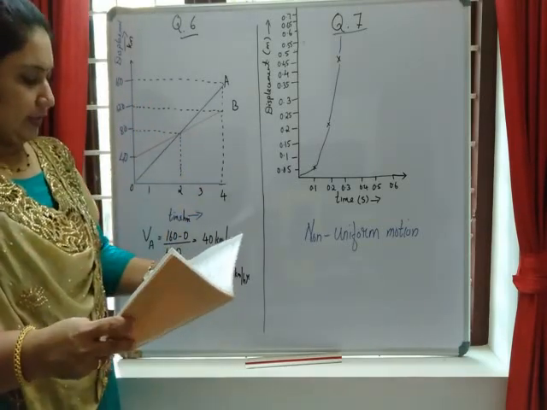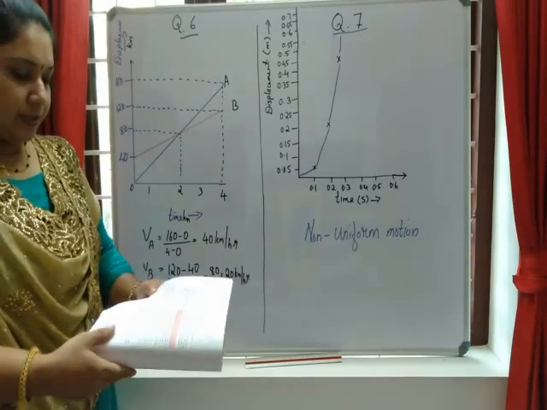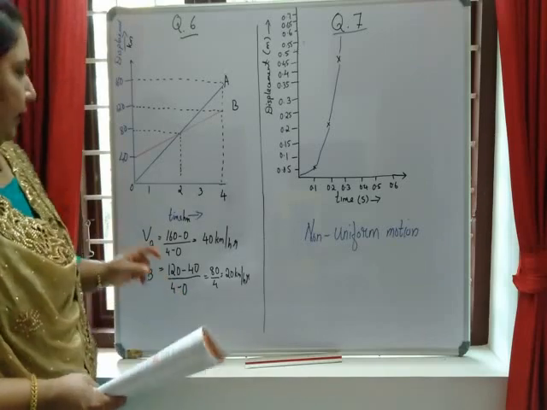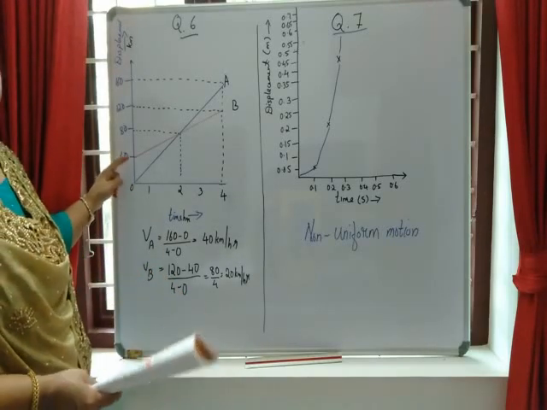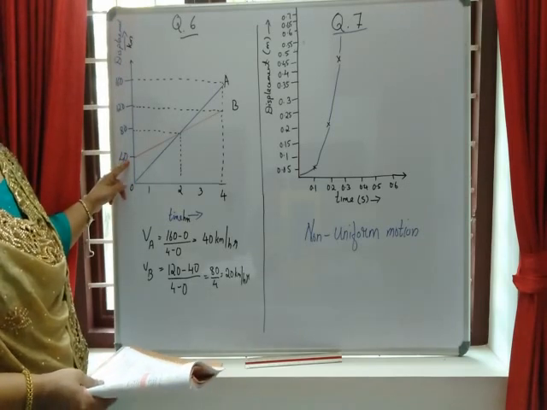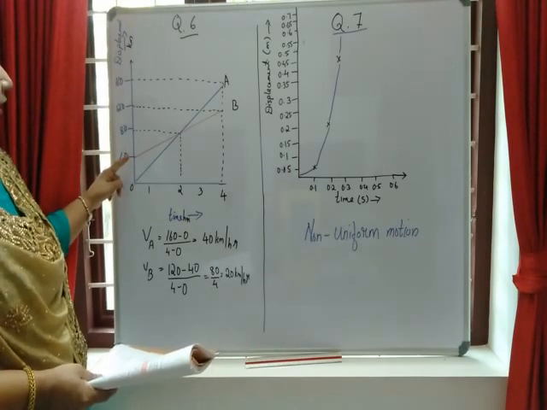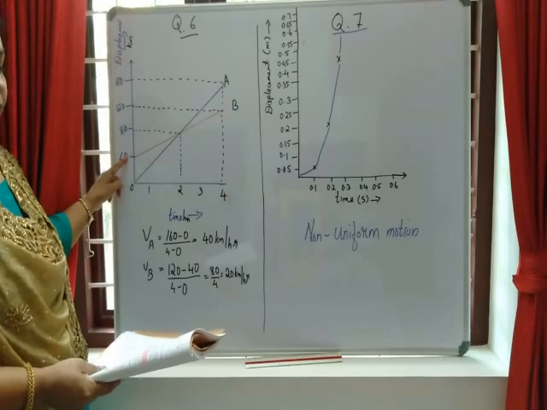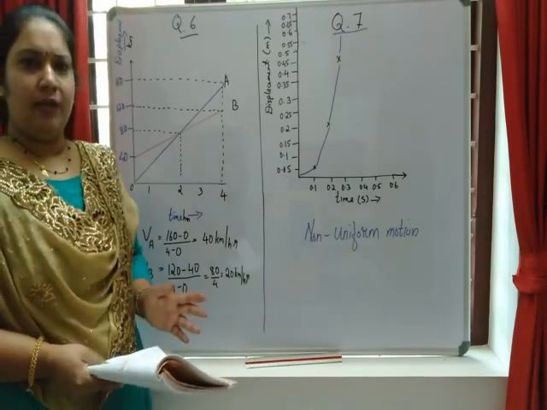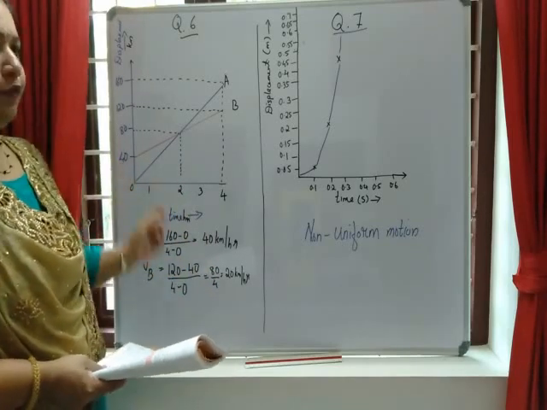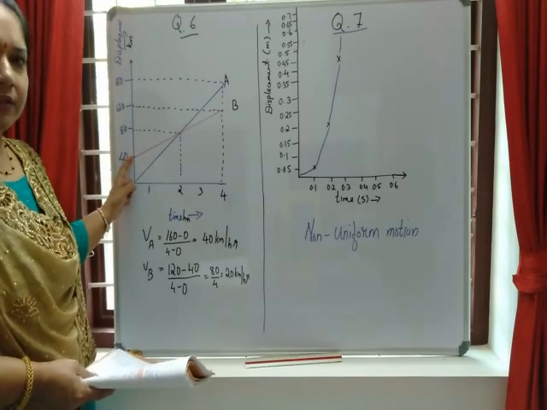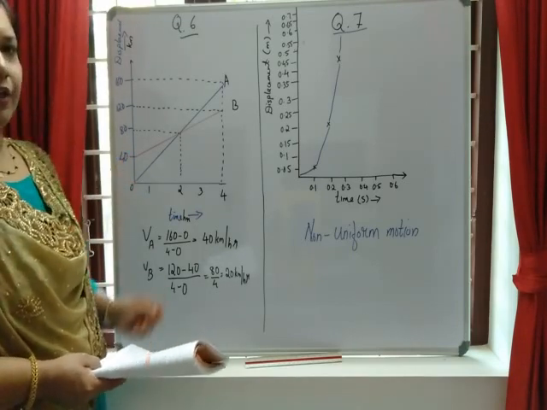The first question is the distance by which car B was initially ahead of car A. Initially, car A is at 0 and car B is at 40 kilometer. So initially car B is 40 kilometer ahead of car A. So for the first answer you don't need to do any calculation. Directly you may write 40 kilometer, because car B is already starting from the distance 40 kilometer.